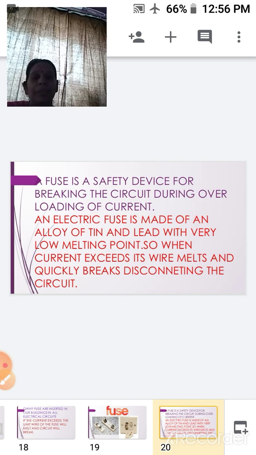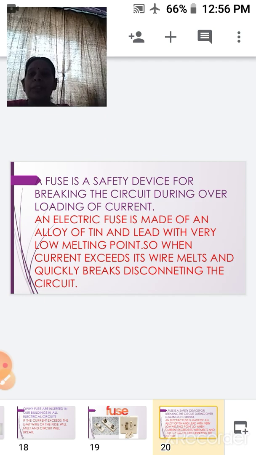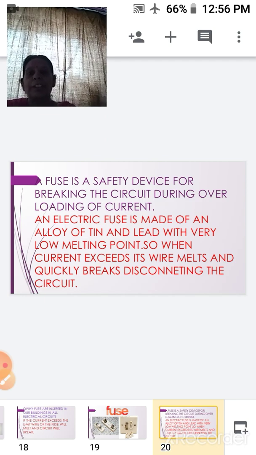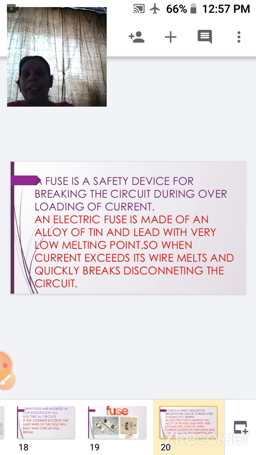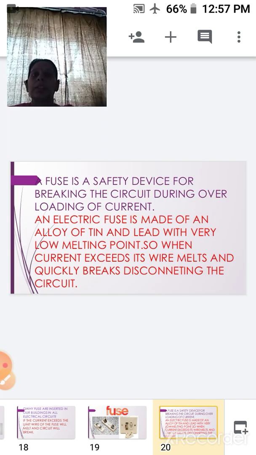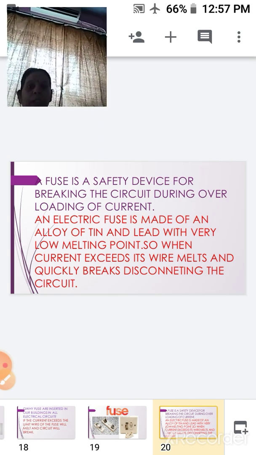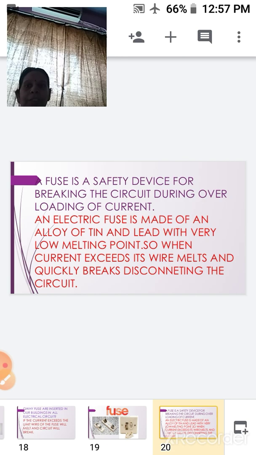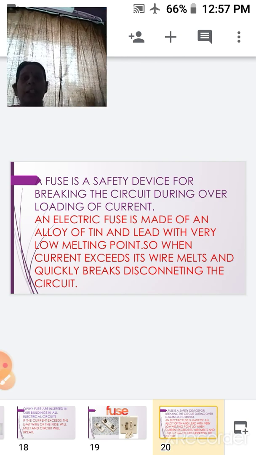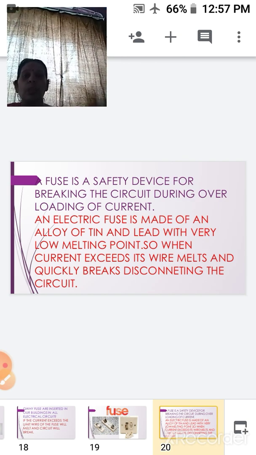When the fuse wire breaks, it has to be replaced by a piece of the same kind of wire. It should not be replaced with a thicker wire, because in case the fuse wire melts immediately after it is replaced, the most probable chance is that there is some fault in the circuit. So to overcome that, we are always using the same type of wire.